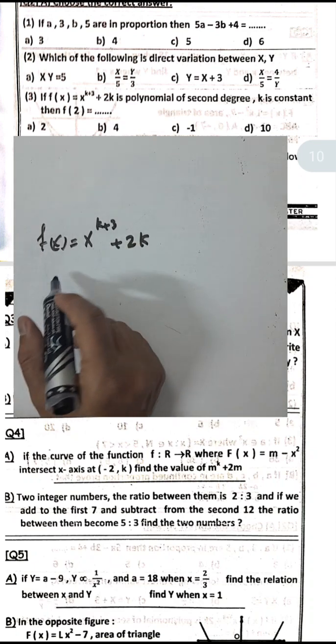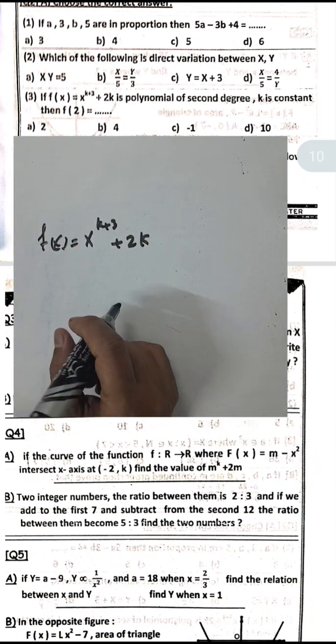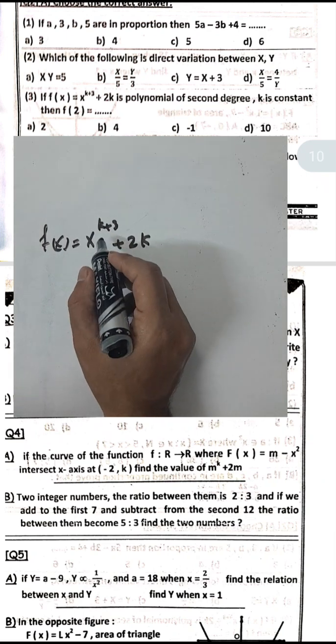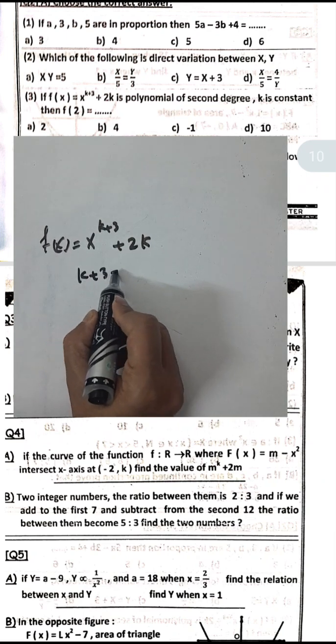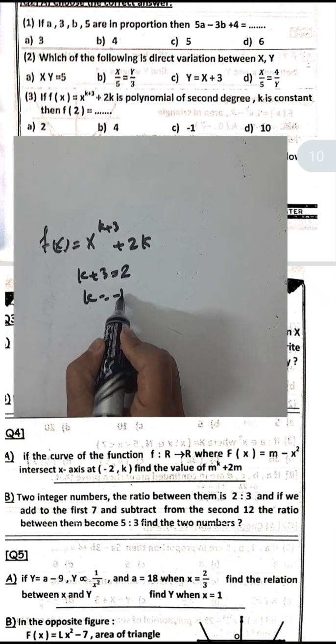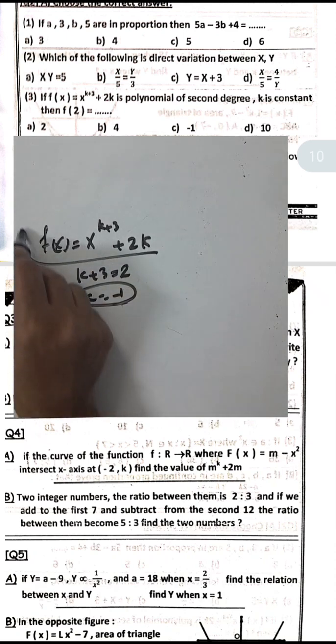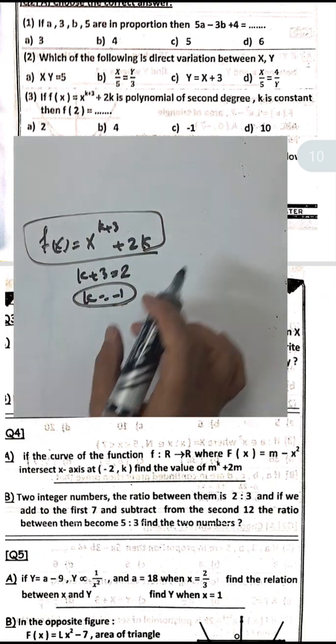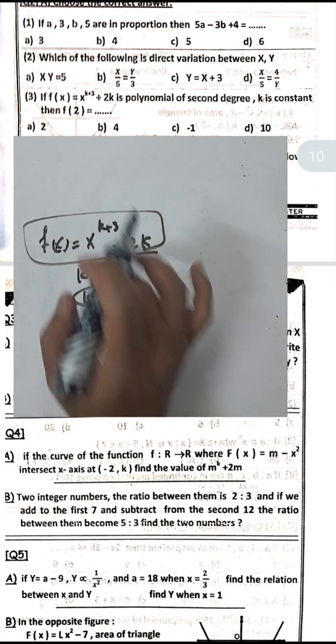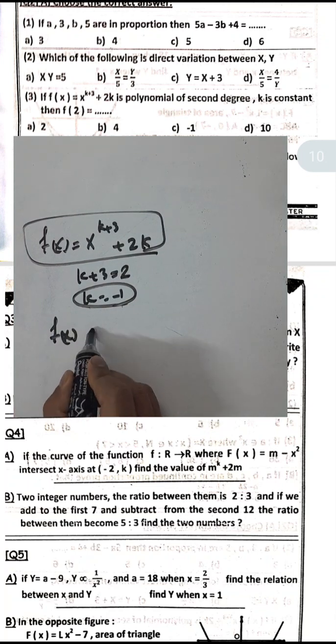Okay, it means the power here equals what? It will be 2. k plus 3 here equals 2, so k equals -1. Because it's a polynomial of second degree, then the power here must be 2. Then k will be -1, then f of x will be x power 2,